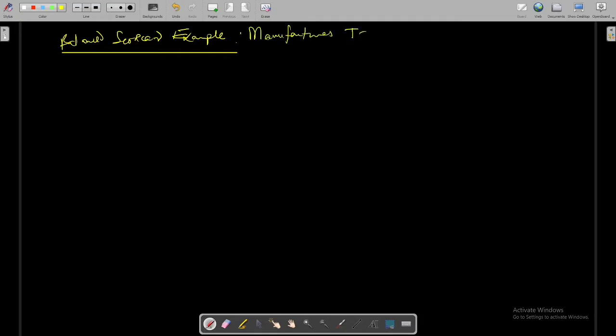Let's look at an example under balanced scorecard. The example here is looking at a company that manufactures tables. This company manufactures tables and sells to customers. So we are now going to apply a balanced scorecard